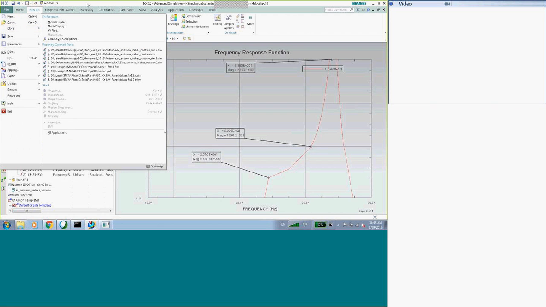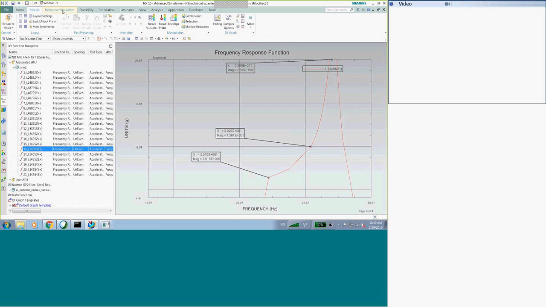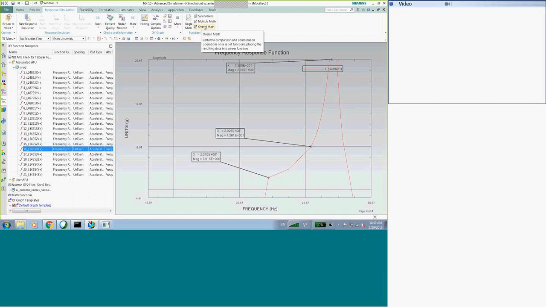I'm trying to remember where to get the file. I think it's under response. So let's give response some credit. There's some math, overall math. So what you can do is scale functions up and down.